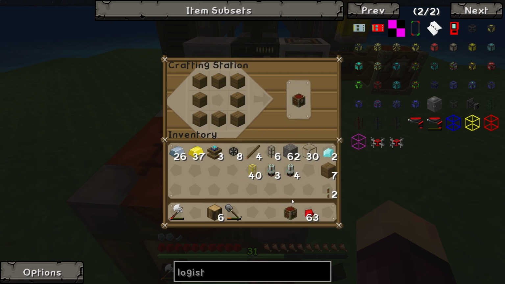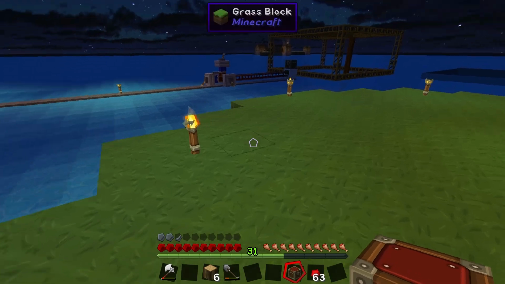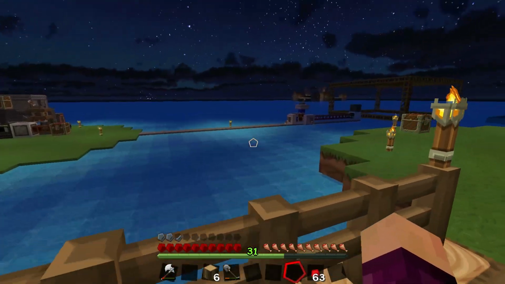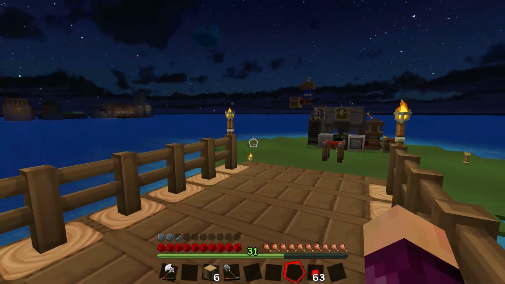Let's go ahead and make ourselves one chest. And the first thing that I'm going to do is put this chest over here, like so, and we're going to run some cables from that chest. We're going to pump basically everything from that chest into this chest. Now,